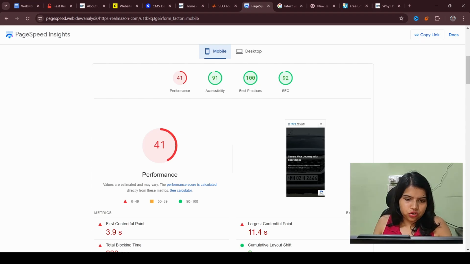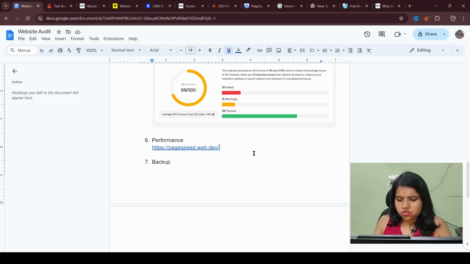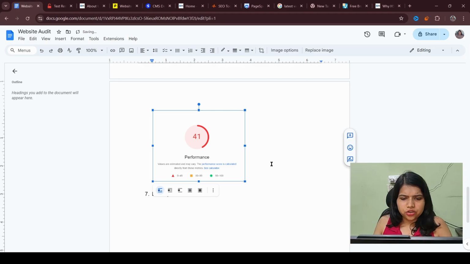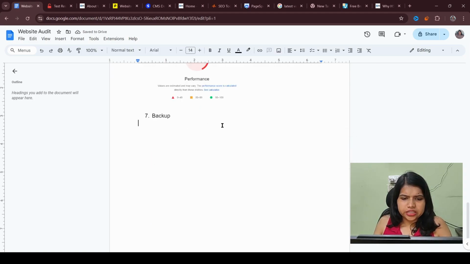Just take this screenshot. From the video perspective, I'm just taking the screenshot and putting it, but when you are doing it for an actual client, you can write down more details.